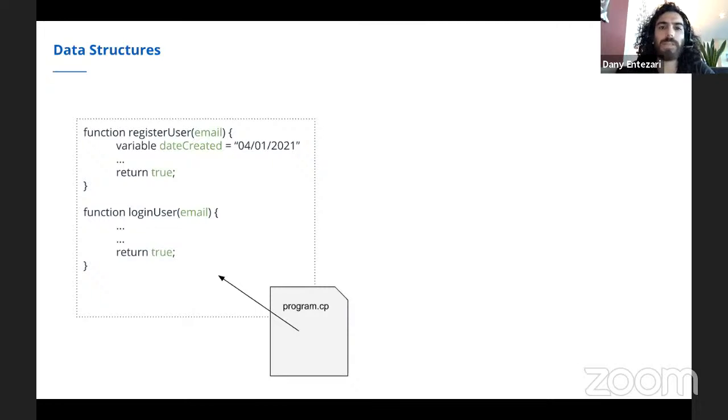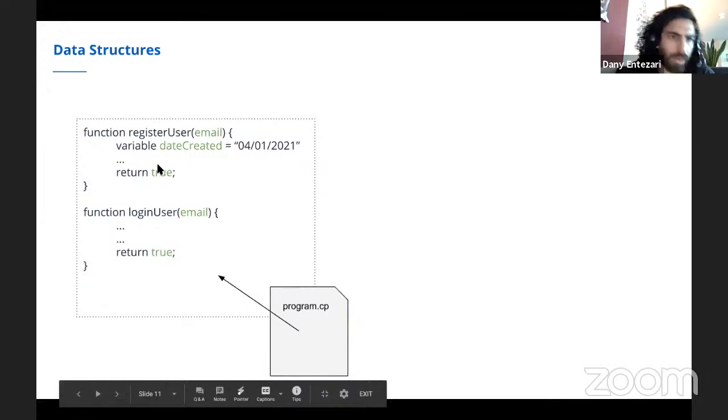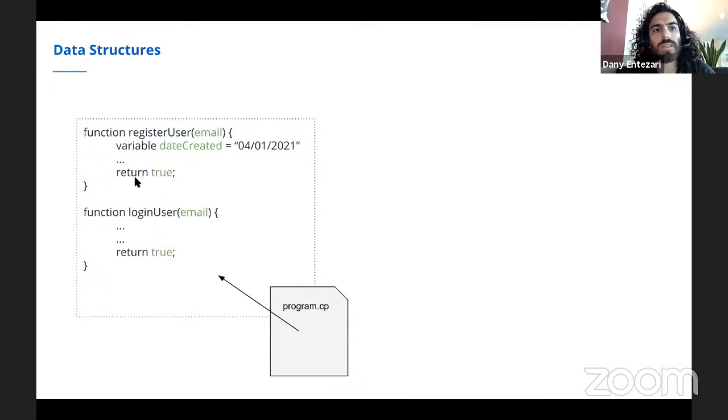So let's say this is a C++ code, for example. Okay, so the contents of this file are this program you see here on the left, the supposed program. There's a function to register a user, another function to log in a user. Now, two terms you need to be familiar with: program and process.